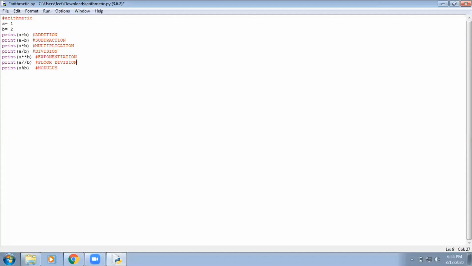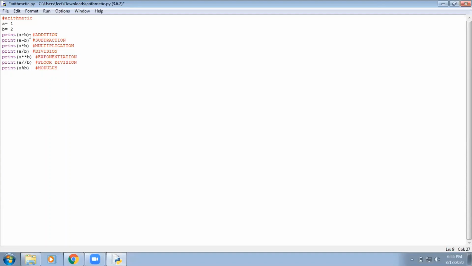So guys, welcome to the implementation part of the previous video, where we explained the theory part for operators in Python. Let's begin with arithmetic operators. Over here, I'm taking two variables. First, a is equal to 1, and I'm taking variable b and storing 2 into it. Firstly, I'm doing the sum of both the values and writing print a plus b,